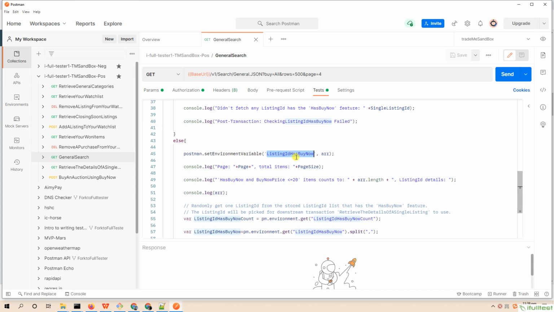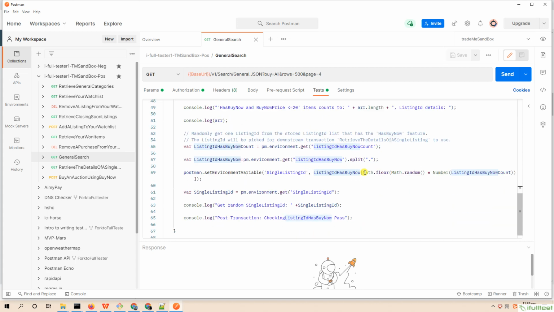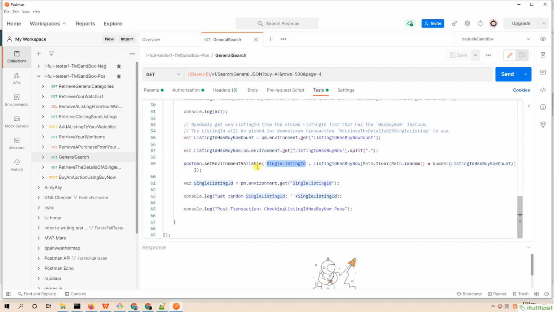Then randomly pick one listing ID from the above listing IDs, and set it to the environmental variable for the other 2 downstream APIs, retrieve the details of a single listing and buy an auction using buy now, to invoke. Then mark this transaction as passed. Finally, send the request and get the response.